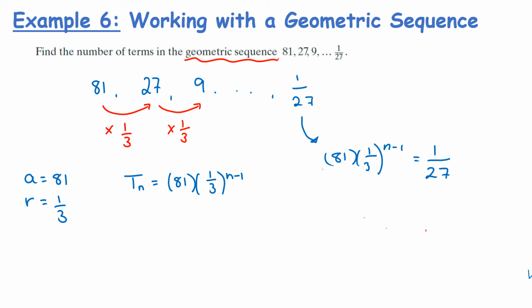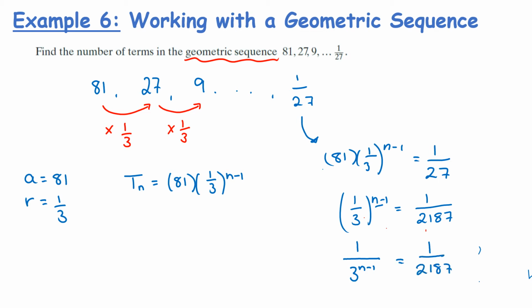Okay, so I have 1 over 27 and I'm going to divide that by 81. So we end up with (1/3) to the power of n minus 1 is equal to 1 over 2187. Now, I'm going to use my laws of indices here, so if you need that open, it's in your log tables. But I can apply this power to the top of the fraction and the bottom of the fraction. But 1 to the power of anything will still be 1, because it doesn't matter how many times you multiply it by. So this becomes 1 over 3 to the power of n minus 1, and that equals 1 over